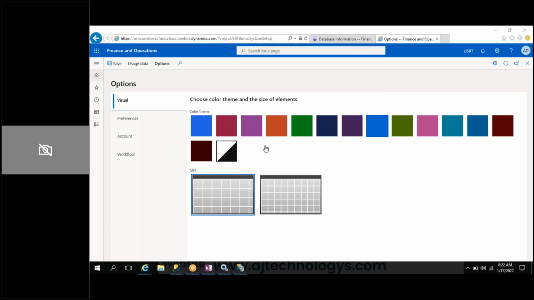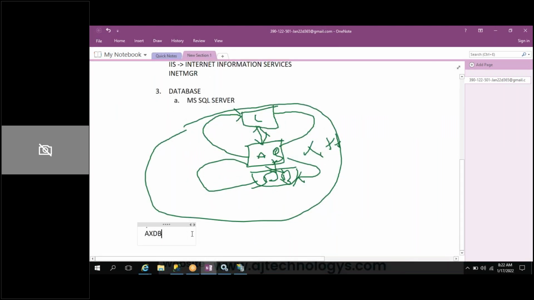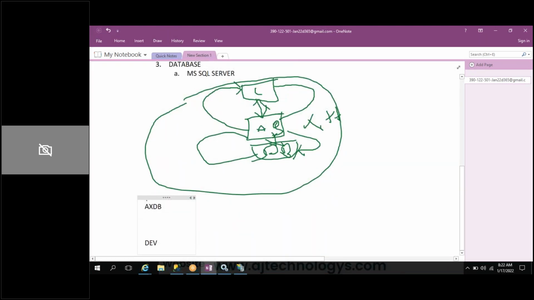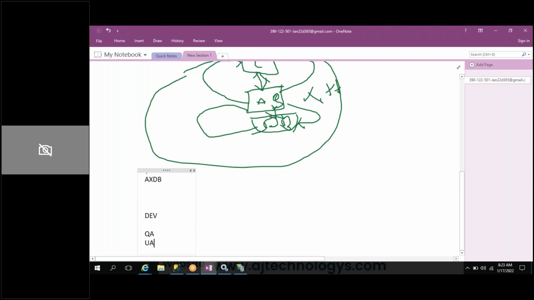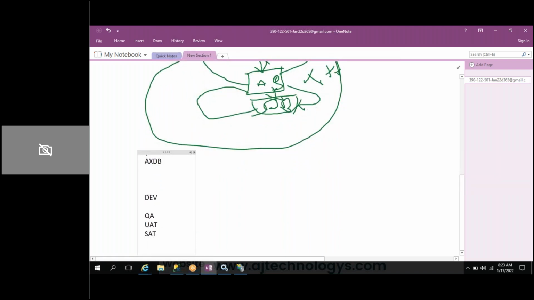Exactly. Why they are given: suppose you are working in your Dev box. Dev box means the developer environment, where we are writing the code. But you are moving this code into QA, UAT, sometimes pre-prod also, otherwise production.